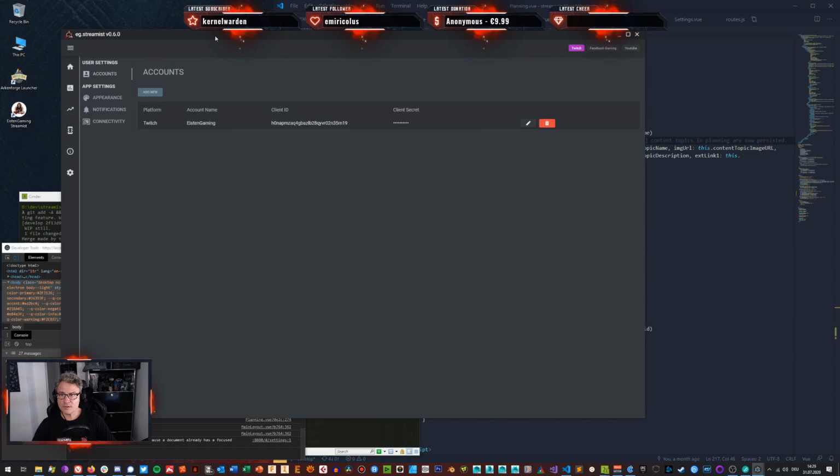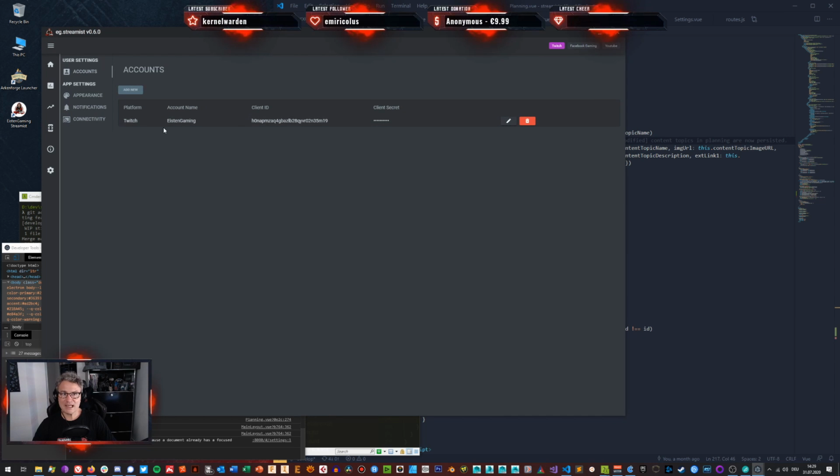Okay, the accounts is the most important thing because it gives you access to the APIs of the platforms. So there's two things that you need to know. One thing is some platforms allow you access without having a client ID or a client secret. The downside is the access is heavily limited. I cannot access a lot of information, and I want to access as much information as possible.